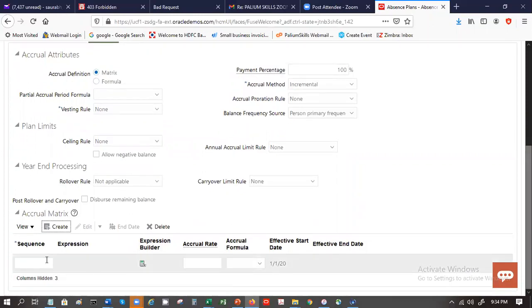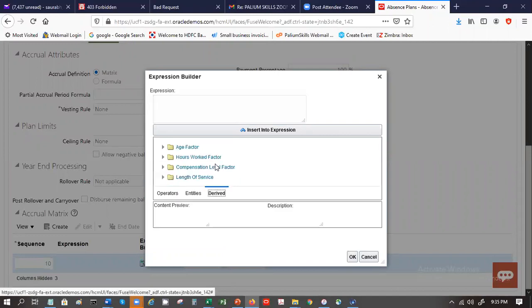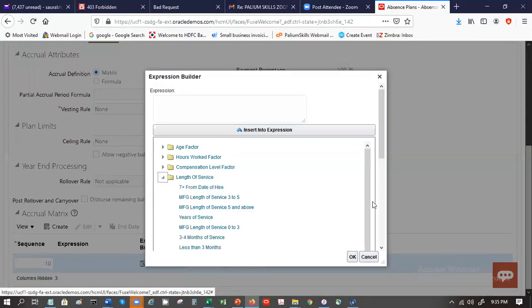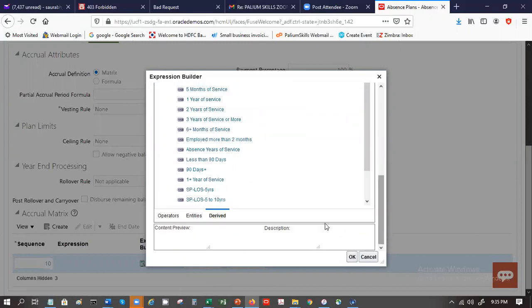So here the sequence is, let's say, 10. And the expression builder, you can use this manually. How this works is we are going to use the derive factor. Our derive factor is based on length of service. See, SP 5 years, SP 5 to 10 years.